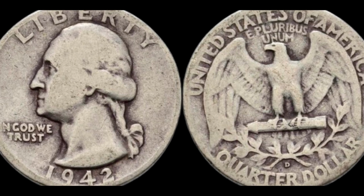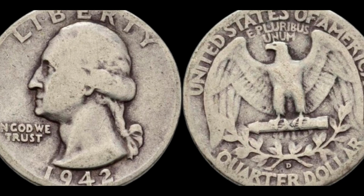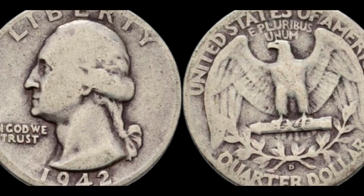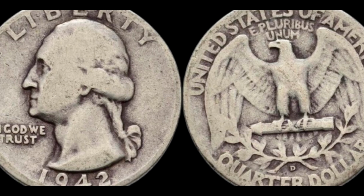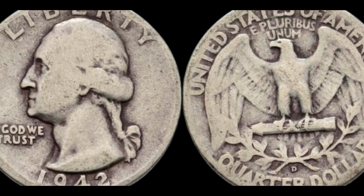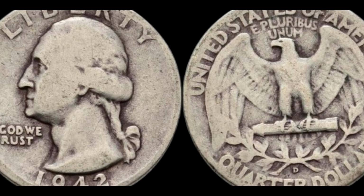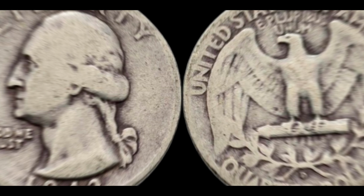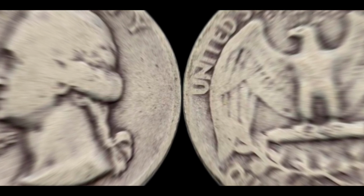So why exactly does this coin hold such immense value? It comes down to several factors: historical significance, rarity, minting errors, and most importantly, the condition of the coin. The combination of these factors created a once-in-a-lifetime opportunity for collectors. Coins with such specific minting errors are often underappreciated in their time, only to be rediscovered later by avid collectors